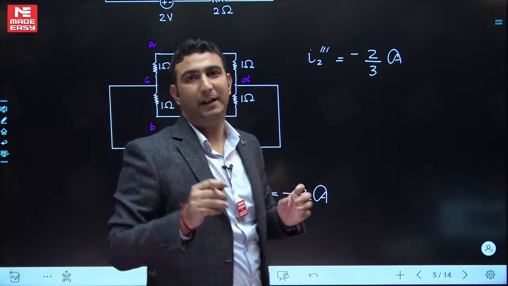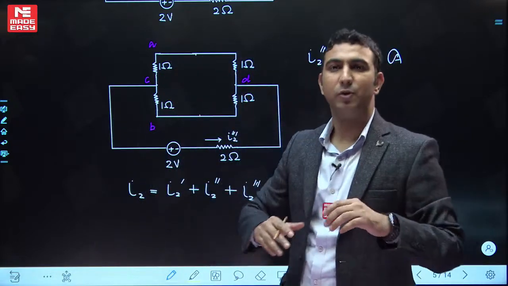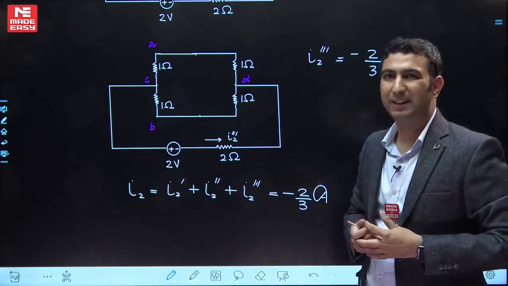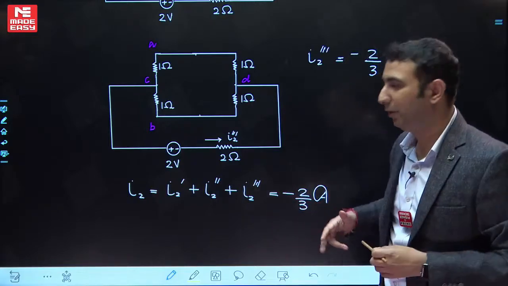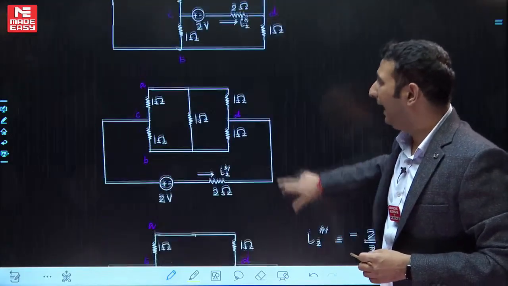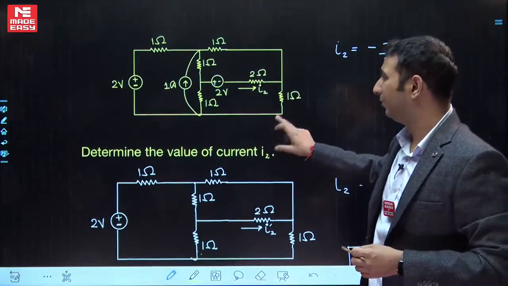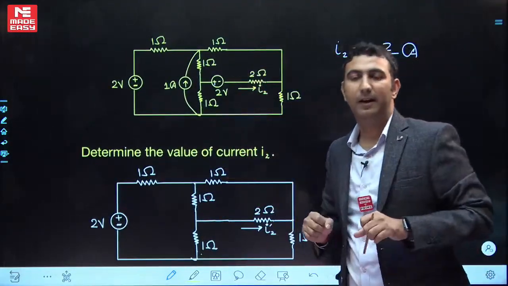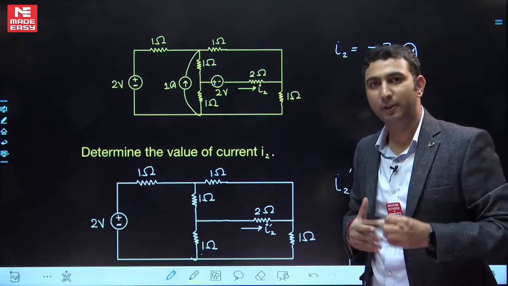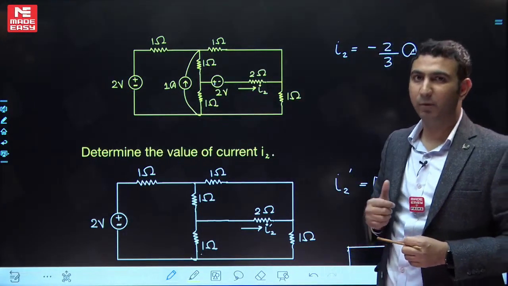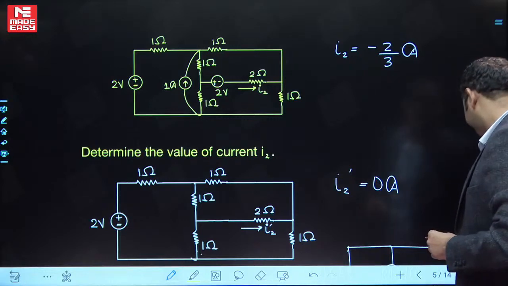Superposition theorem को बिल्कुल नेग्लेक्ट नहीं करना है, सोचना है. बाकी कुछ मॉडल्स होते हैं स्पेसिफिक that we have discussed in the class where you do not have any other option instead of going for superposition theorem. और ब्रिज आइडेंटिफाई करना ज़रूरी है, बिकॉज कई बार होता है वो ब्रिज को छुपा के देते हैं सर्किट में. अगर आपने ब्रिज आइडेंटिफाई कर लिया तो क्वेश्चन सॉल्व कर लिया. ठीक है, let's move on to the next question.